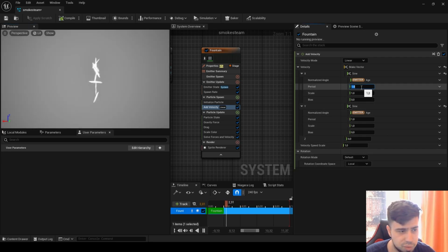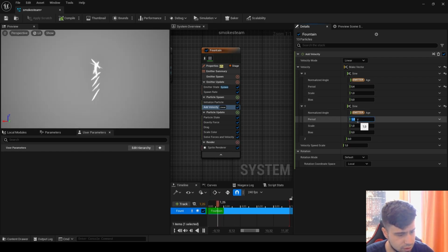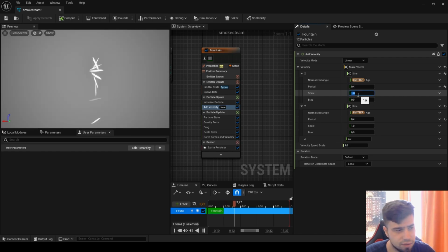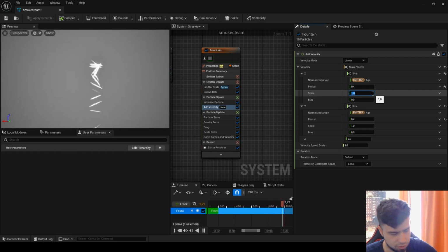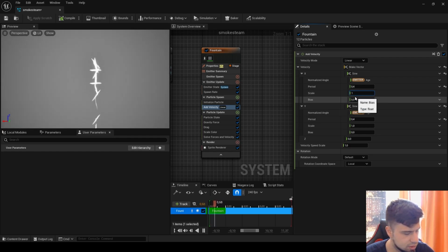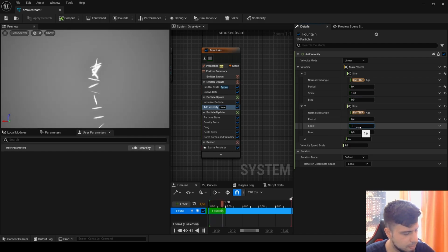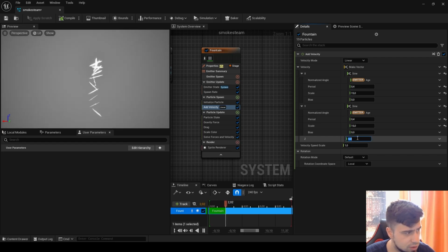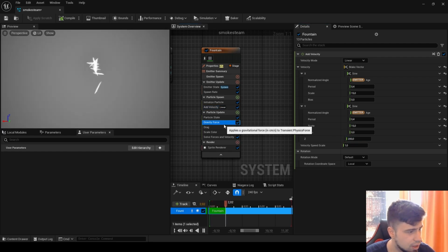And now we have to give a period to both of them. So here we'll write something like 0.4, 0.4, and here the scale, the scale is the speed of the moving fluttering around. So here let's give something like, I don't know, let's see, 15 for example. Here to the z direction we have to give more power, so let's write, okay, this gravity force